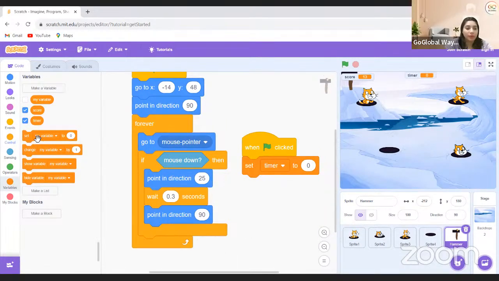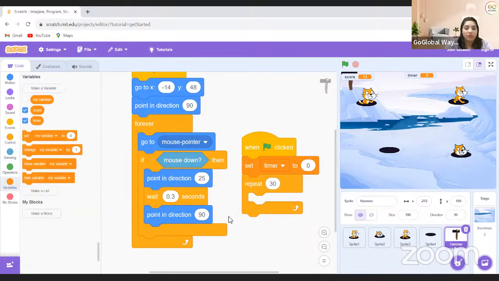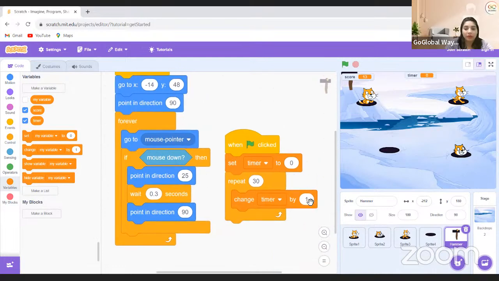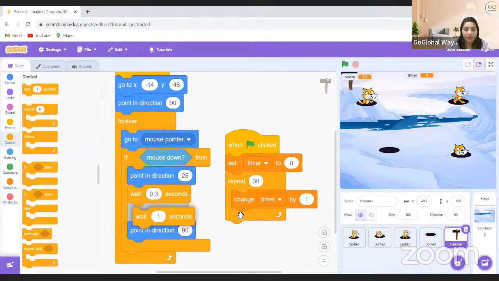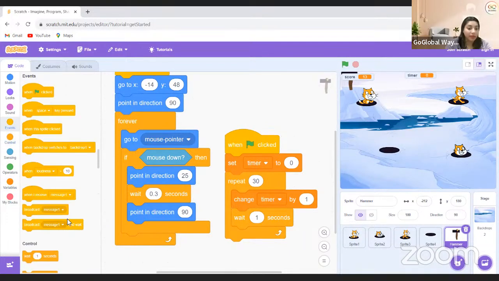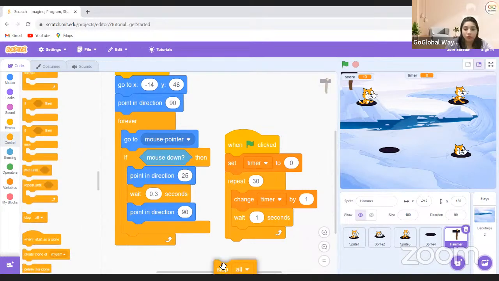Initially it will be 0, and the timer will run up to 60 seconds or up to 30 seconds, I want, and every second change timer by 1, and it should wait for 1 second. And when this happens,